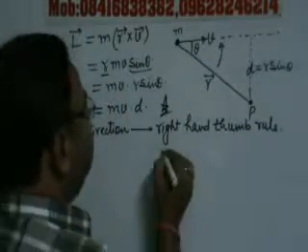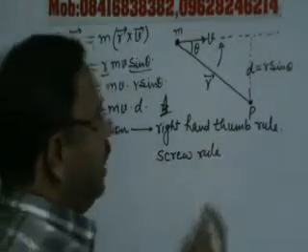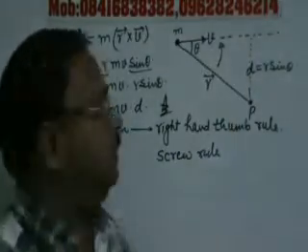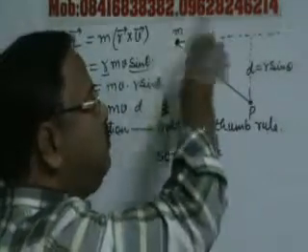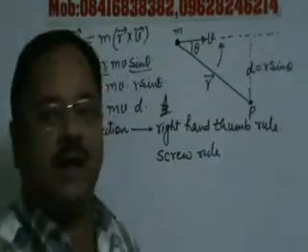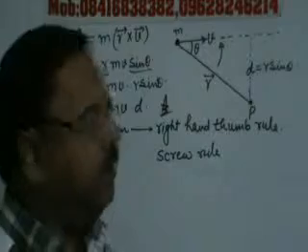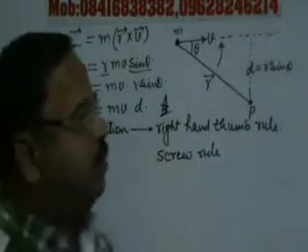And it is also given by screw rule. हम R से V के तरफ screw ले जाएंगे, R से V के तरफ screw ले जाएंगे तो क्या होगा? The screw will rotate in anti-clockwise direction and the screw will move in outward direction. So direction of angular momentum will be outward, normal to this board.